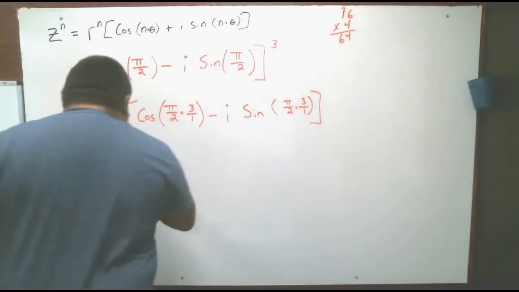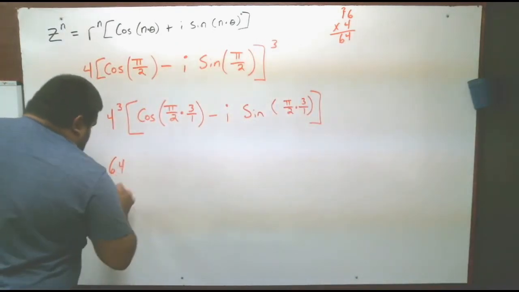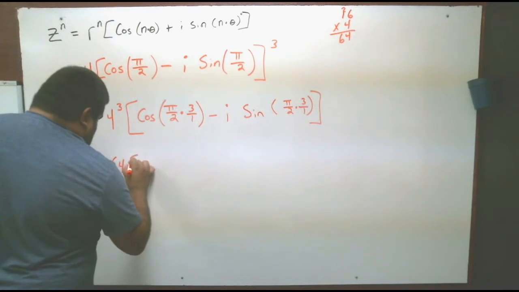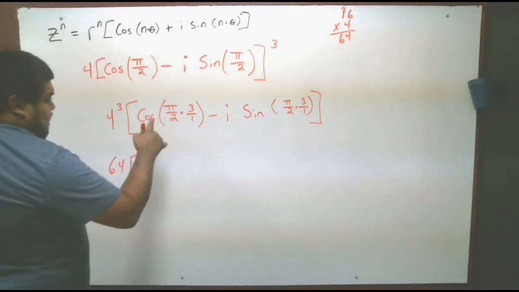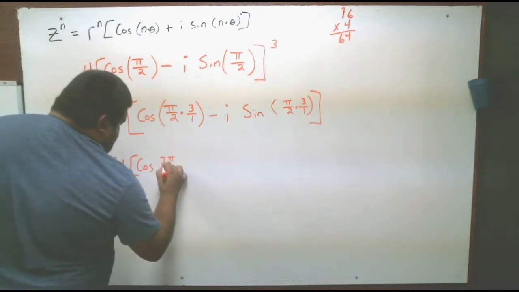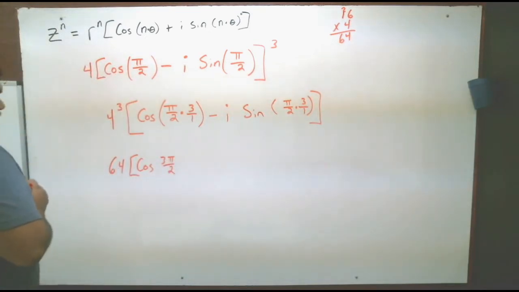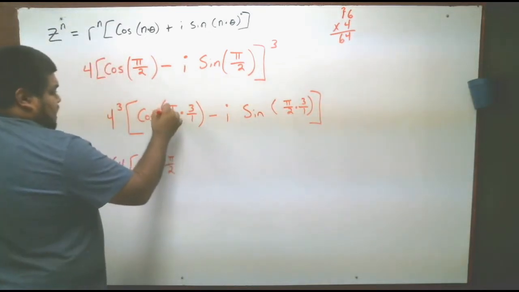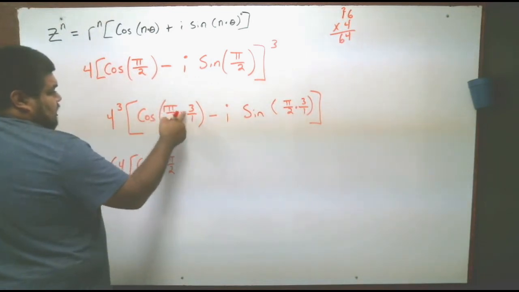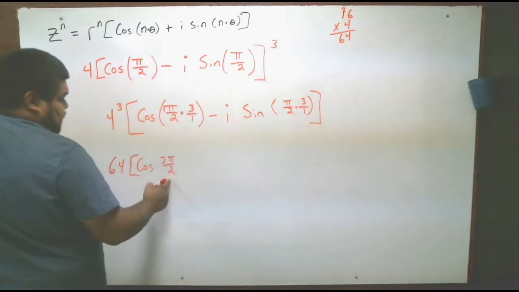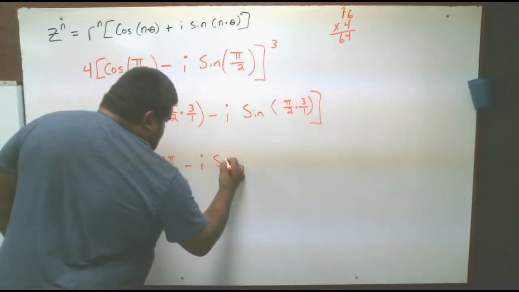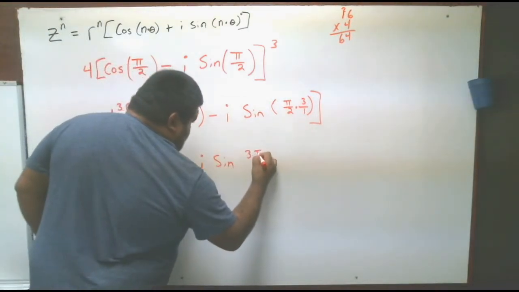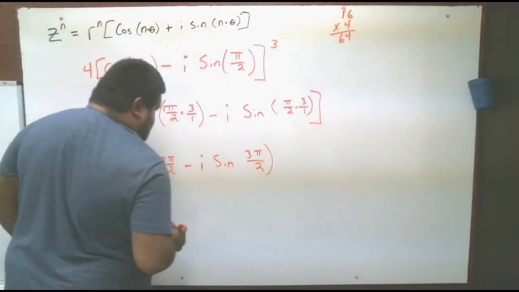So we have 64 cosine of 3 pi over 2. Because there's a 1 in front of the pi, 1 times 3 is 3, 2 times 1 is 2. Minus i sine of 3 pi over 2, again,